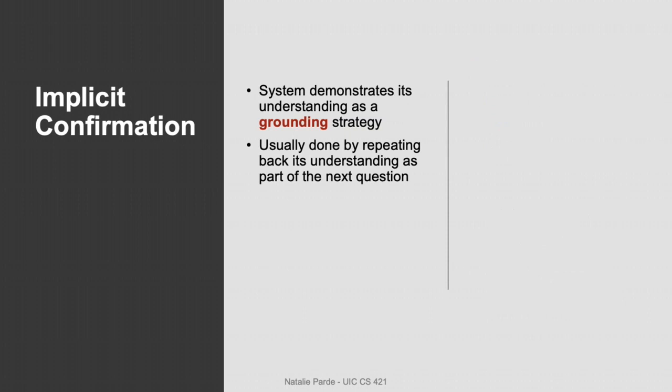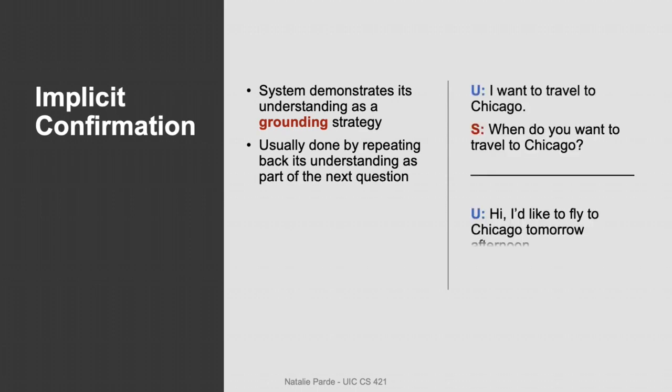Implicit confirmation is done more through conversational grounding. It is typically implemented by repeating what it understood as part of the next question. Some examples of this are